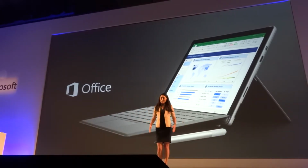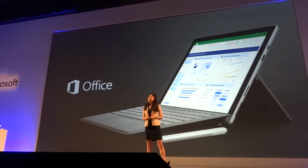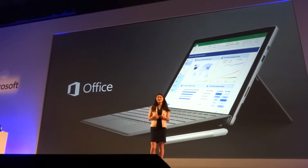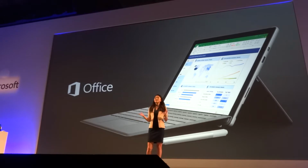Many of you may know Excel as a data analysis tool. Over 7 billion cells are edited in Excel every single day. That's more than the daily number of searches made on Google. That's the power of Excel. But I want to show you how with the cloud and the new Surface Pro, Excel can be so much